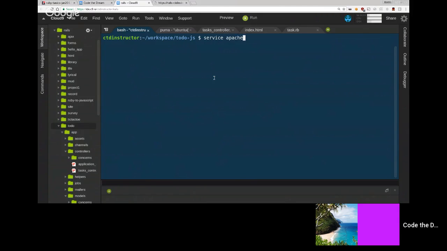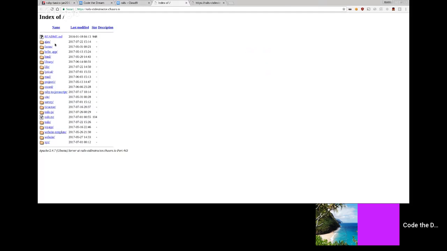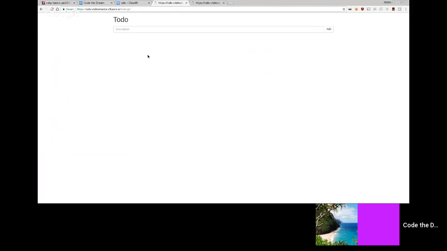All right, in the meantime, I'm going to start my Apache application. So service apache2 start. And then I'm going to go to the normal URL, and then I'm going to go into the folder to do-js. So that's where we have our JavaScript application. So here we are. And remember that we can add a